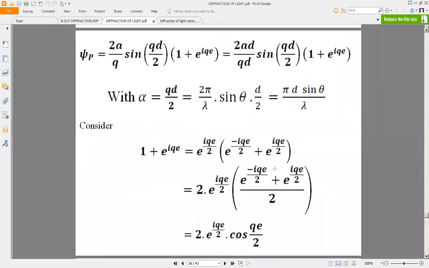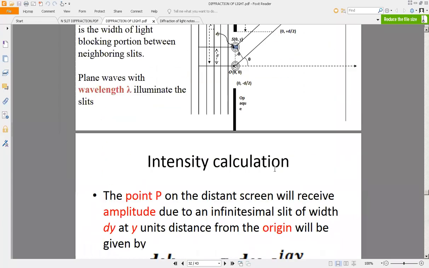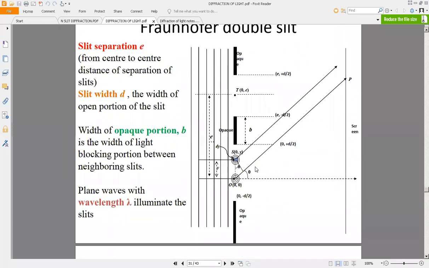I'll show you the other picture so that you can understand it easily. So here you can understand, I was saying beta and alpha. Alpha is QD, beta is QE. So clearly alpha is D, beta is E. Whether E is greater or D is greater, from this picture, can you just say that? D is this much, E is this much. What is the relation between E and D? Can E ever be less than D? Can E be smaller than D?